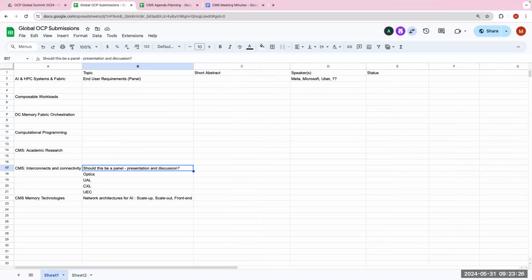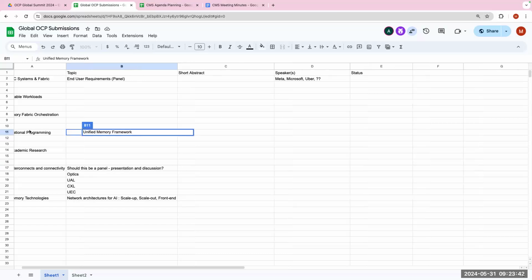For programming model, I can suggest an update for the unified memory framework, which we reviewed in this working group. It's exactly aligned with our first release date, so it's scheduled for Q3 this year. OCP is also, as I remember, in October. So it's an exact match, I believe.